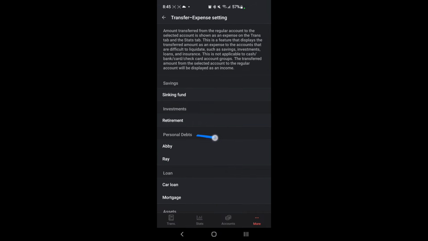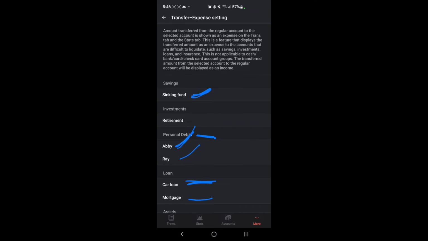Obviously, for the personal debts, whoever we owed money to, we would definitely want that to be an expense. And for sure, we would want the car loan and the mortgage to be an expense also. You could treat the sinking fund as an expense, but I personally believe that you shouldn't,